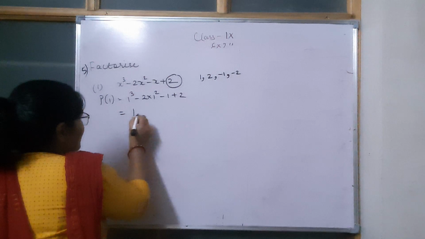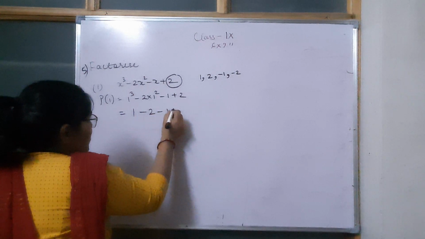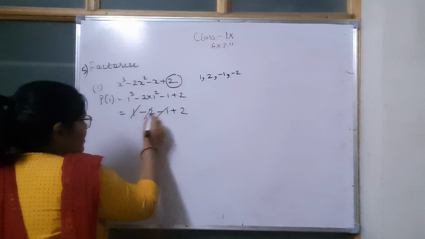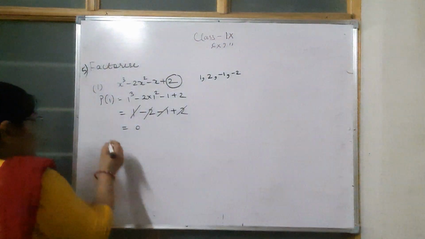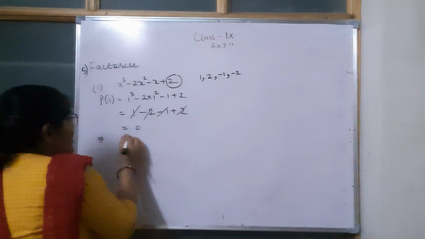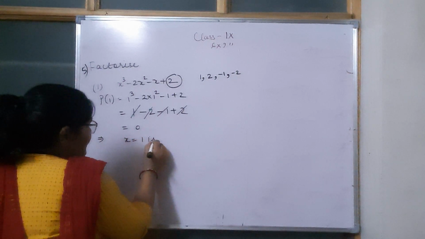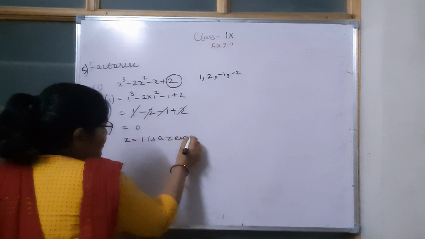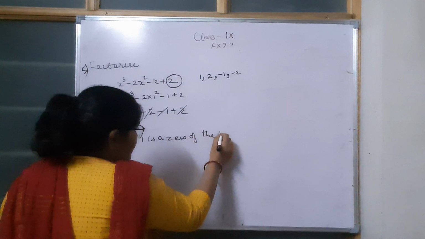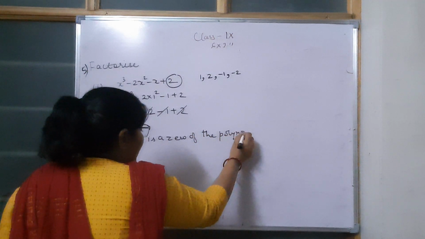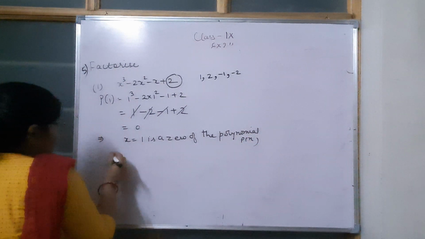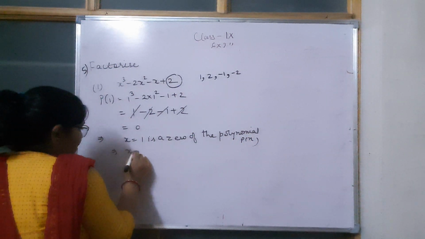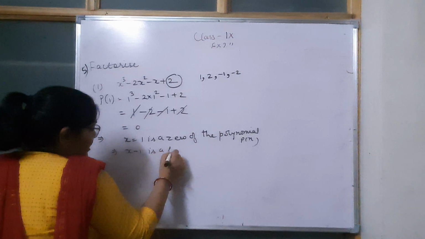Alright, so this is going to be 1 - 2 - 1 + 2. So -1 + 1 - 2 + 2, you are getting 0. So x = 1. This implies that as 0 is coming, x = 1 is a zero of the polynomial p(x). Fine. Now if x = 1 is a zero, this implies that x - 1 is a factor of